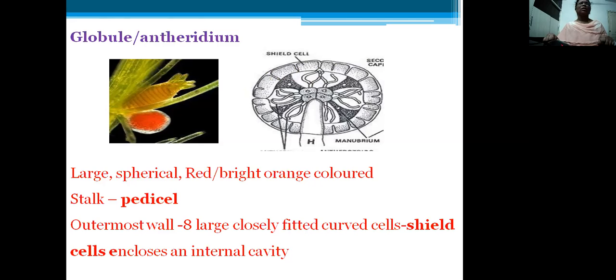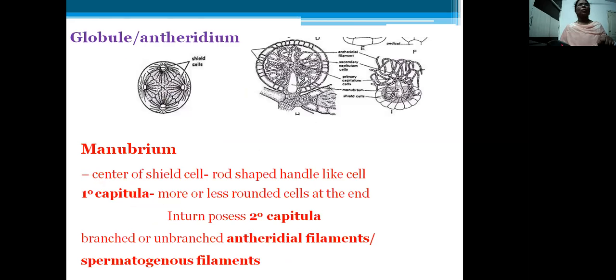They are red or bright orange colored structures. They have a stalk-like structure, very short. The outer wall is made up of shield cells enclosing an internal cavity. During the development of this globule or antheridium, the antheridium develops from the superficial cell of the branches of unlimited growth. This superficial cell undergoes divisions to produce